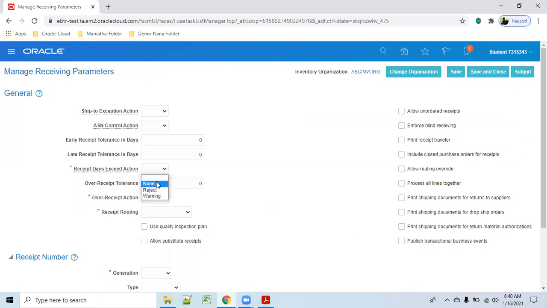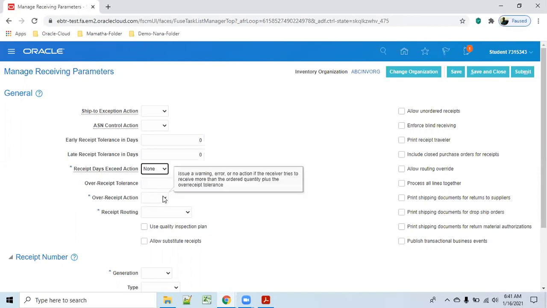You expect to receive today, but you have not received today. What action do you want to perform, whether reject or warning, whatever it may be. I want to perform only none. Okay, over receipt action. Over receipt means you expected 10 but you received 20.